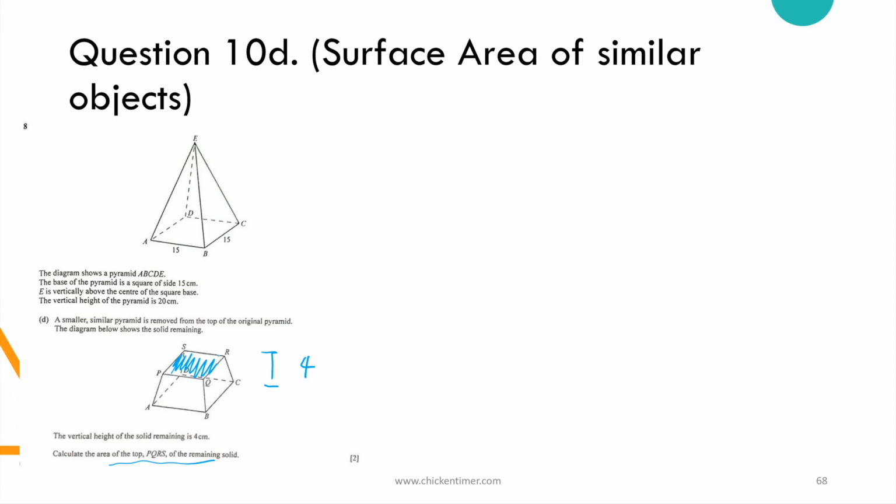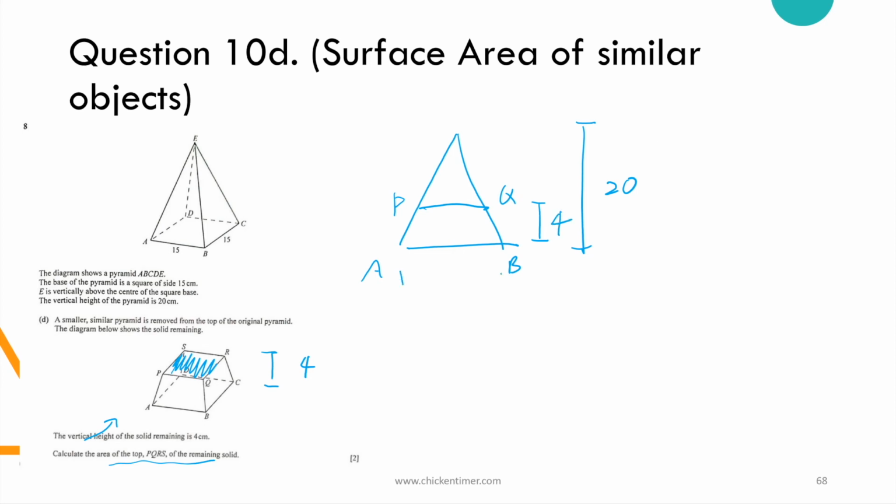So we will take the front view, then I'll flatten it out and then draw the front view. Then I have, this is PQ and AB. We know the pyramid is 20, then now the height is left with 4. Then this is 15, and then we don't know what PQ is. So it looks like a similar triangle down here,